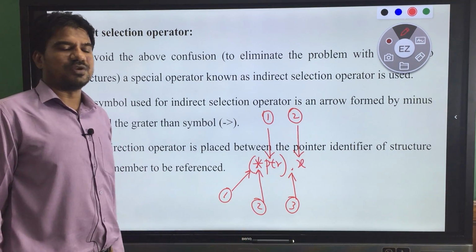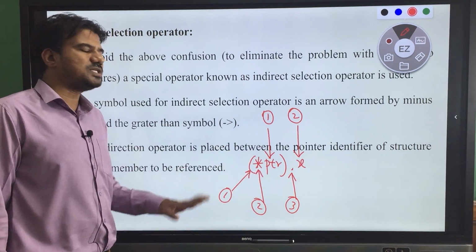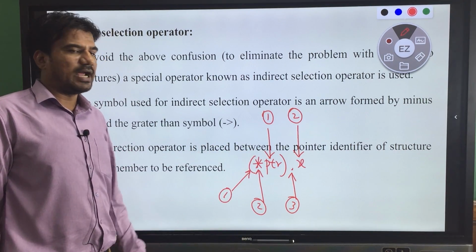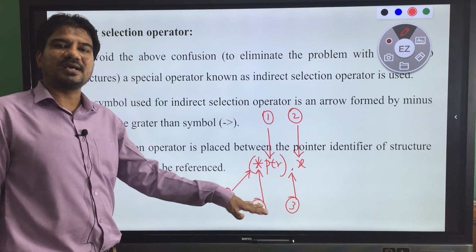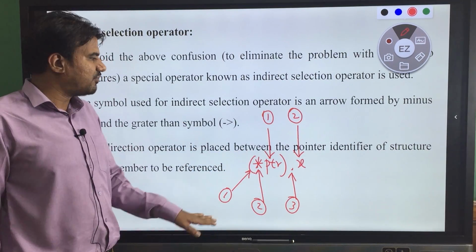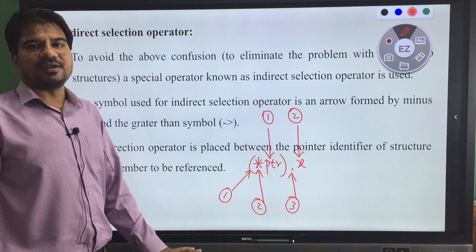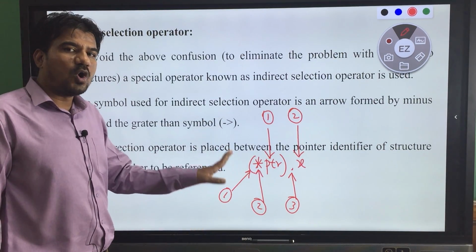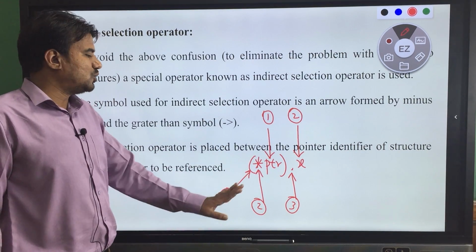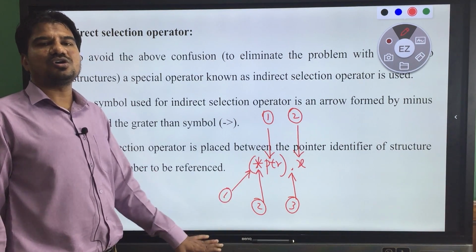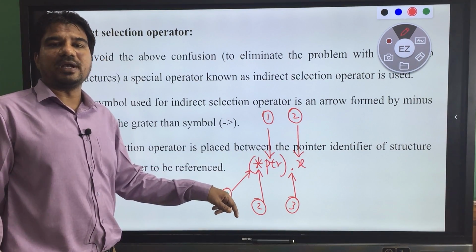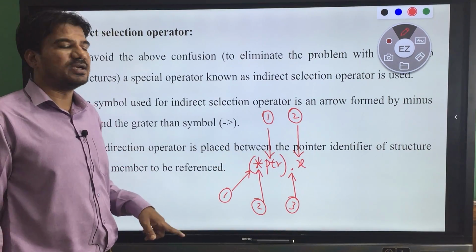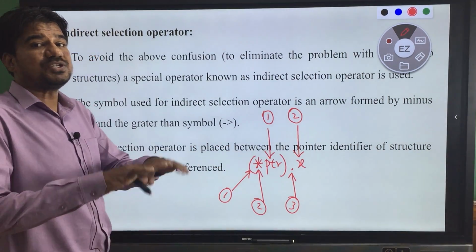So, there is a lot of confusion about whether to use the parenthesis, whether to use the star, where to put the dot, and how to use the identifier, which one should come first and which one should come next. A lot of confusion is there in writing this single, simple statement. To avoid this confusion, to avoid the usage of the dot operator, indirection operator, parenthesis, and identifiers, we have a special type of